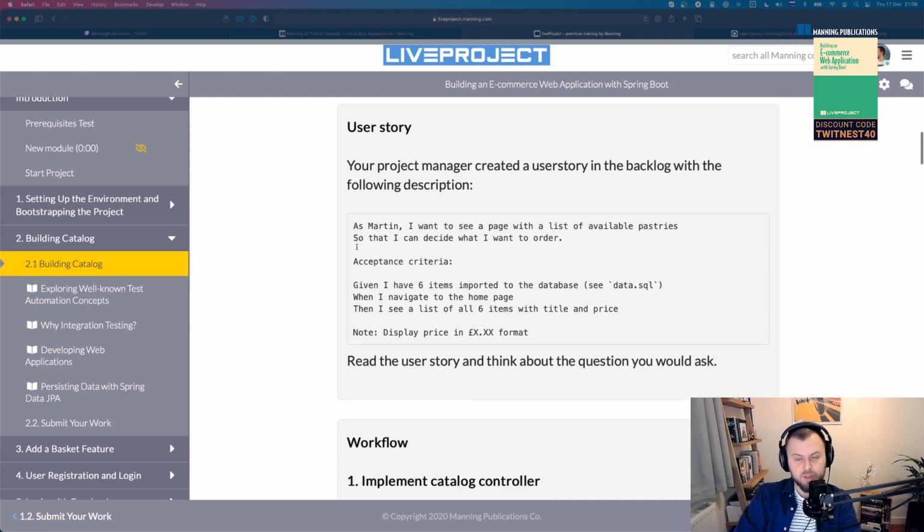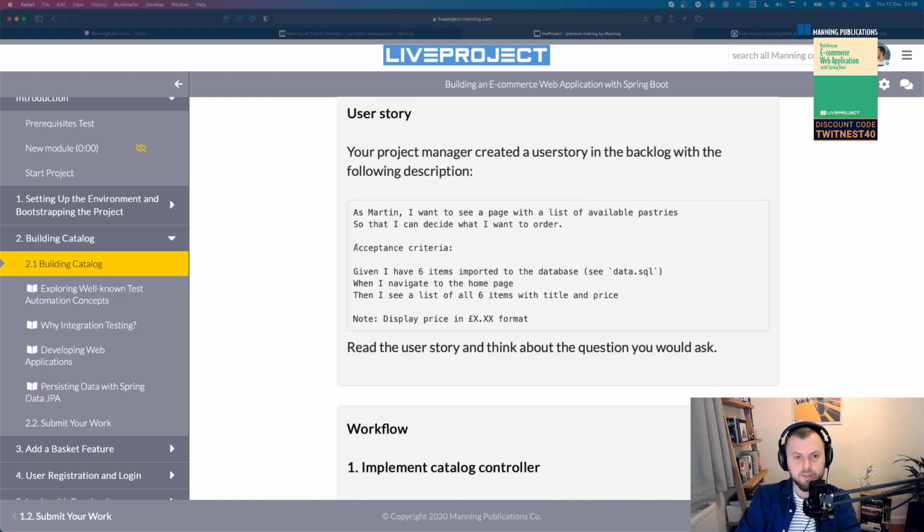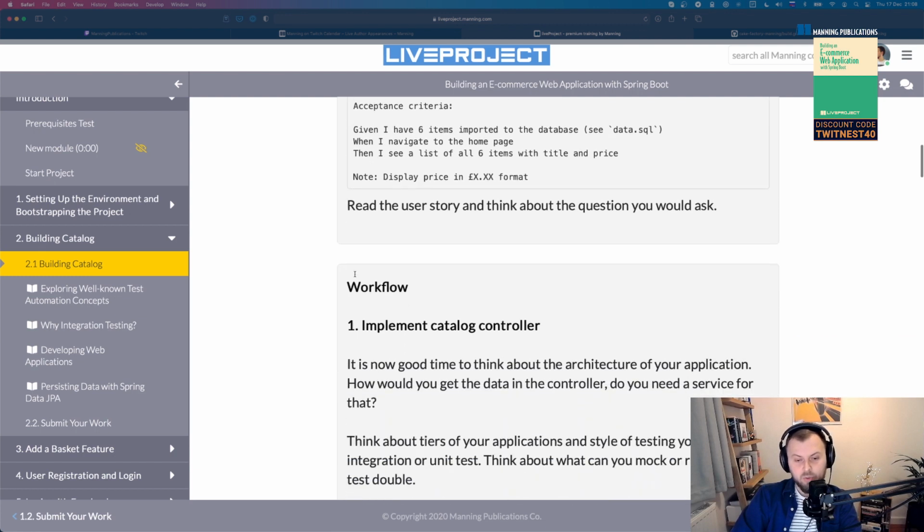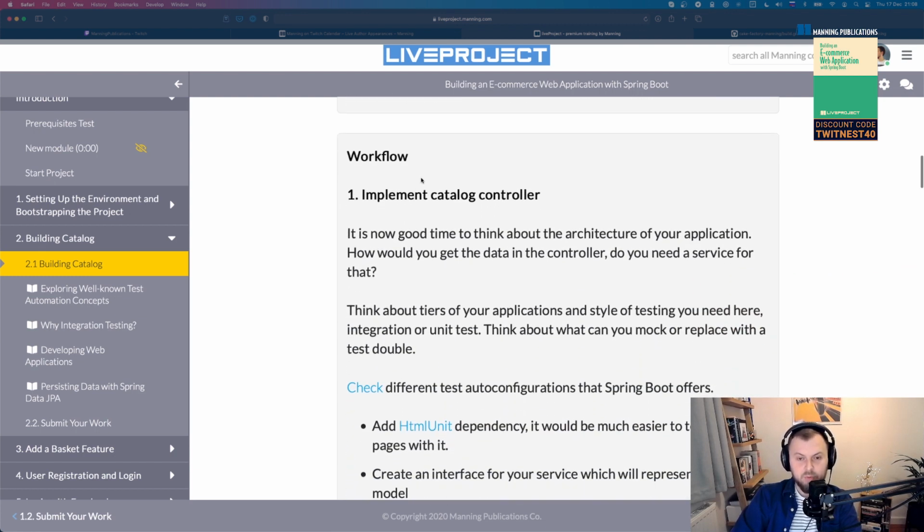The user story is, if you look into, let's say, starting a career in software engineering, probably how you're going to see your items in the backlog to implement. This is how you'll see what you need to be working on, most likely. But from the user story, which is written from the perspective of a user, you're also going to see a recommended workflow, and that recommended workflow is what I created.